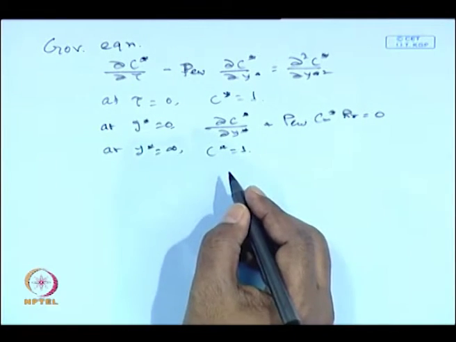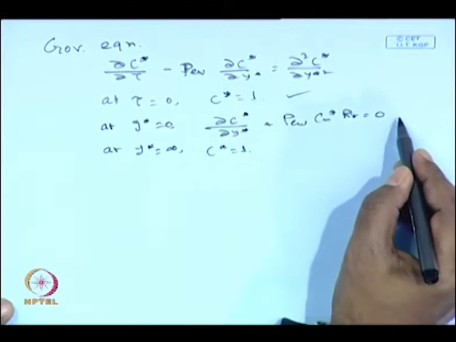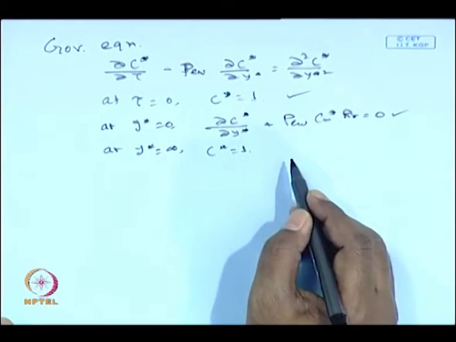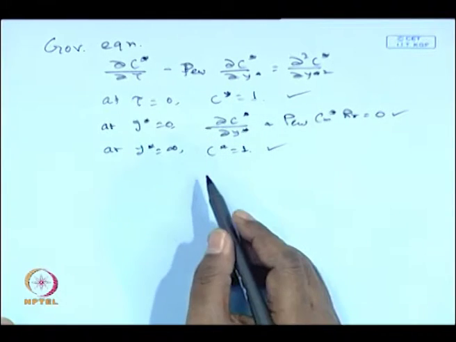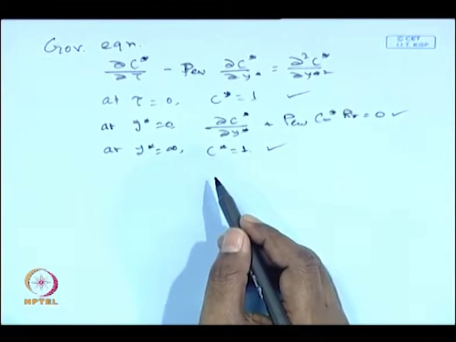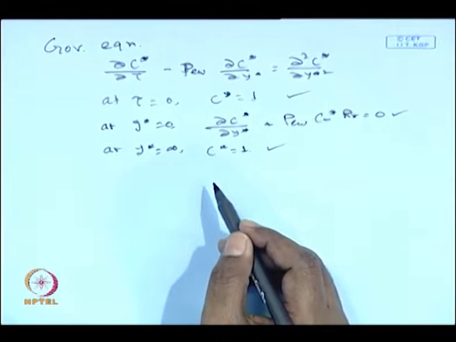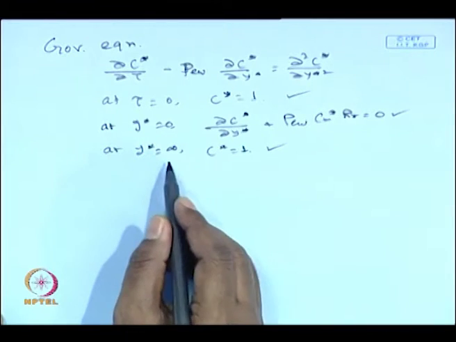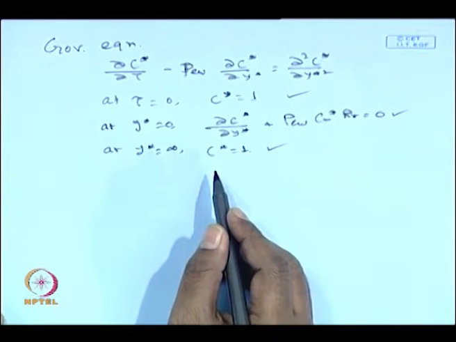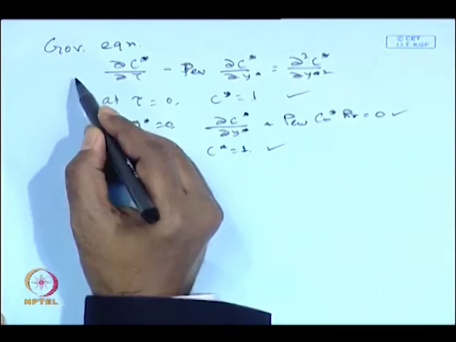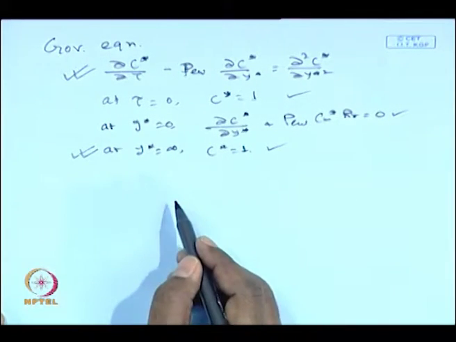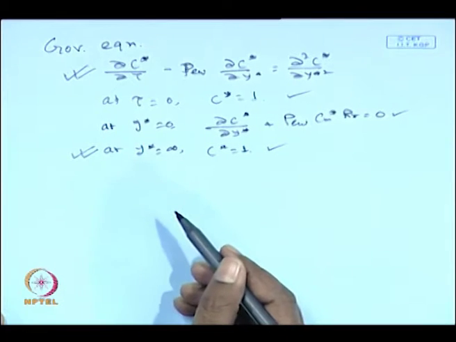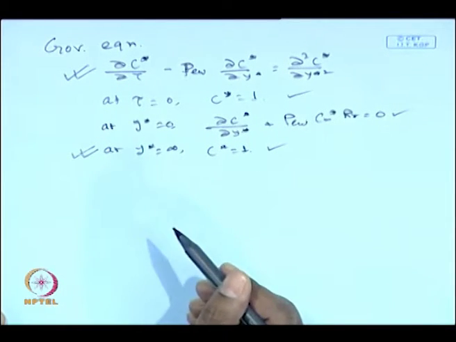Now, this is the boundary condition at y star equal to 0, and this is the other boundary condition at y star equal to infinity, considering the mass transfer boundary layer is really very small, orders of magnitude less compared to the actual dimension of the system. So, it is in fact on the order of 10 to the power minus 6 meter. Now, this governing equation is a parabolic partial differential equation, and this boundary condition is at infinity.